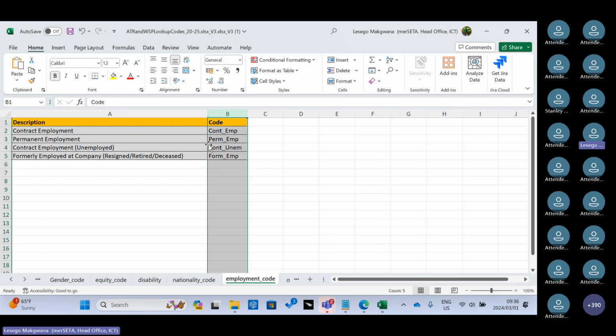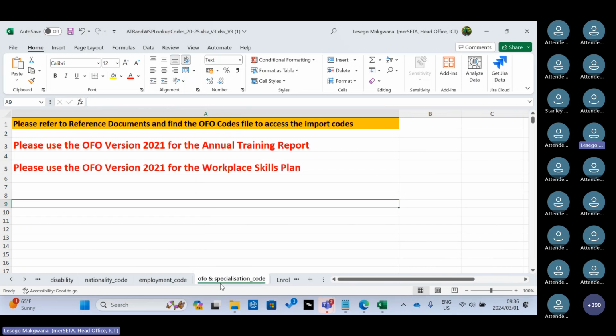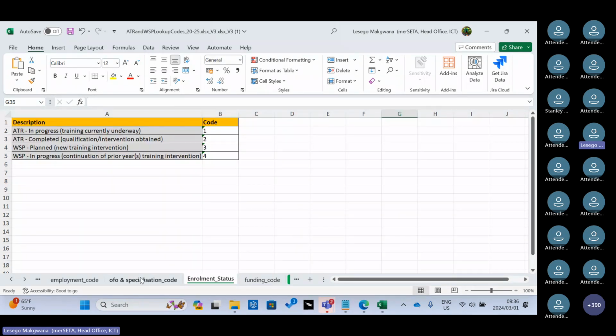There's also the employment code. It can be contract, permanent, or formerly employed but you have resigned, and so on. You've got your employment code, your FO code, and your specialization. The codes are the ones I had open, and I will open them as well, because the FO and specialization codes sit in different templates. Then you need to have your ATR